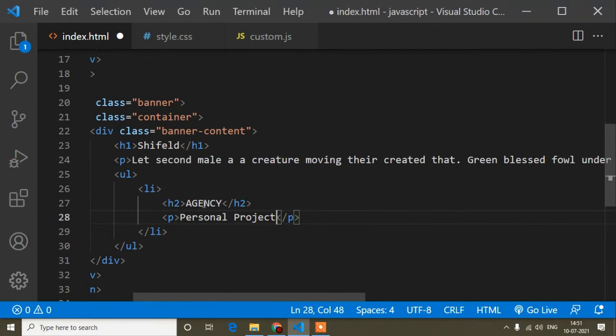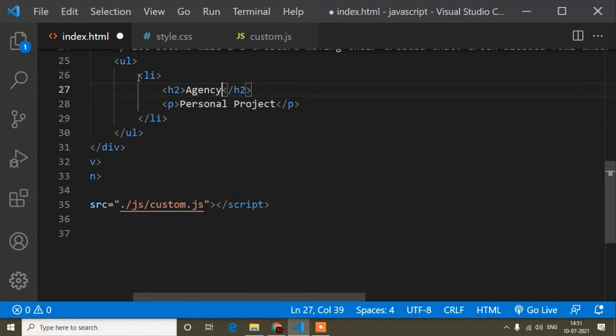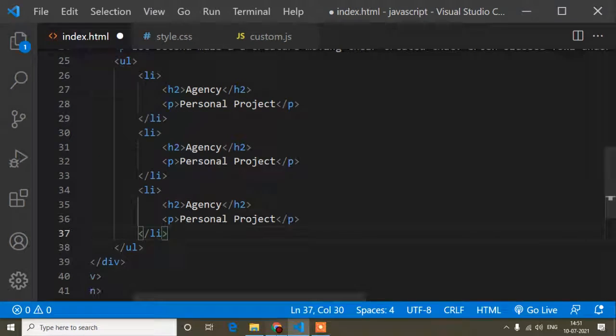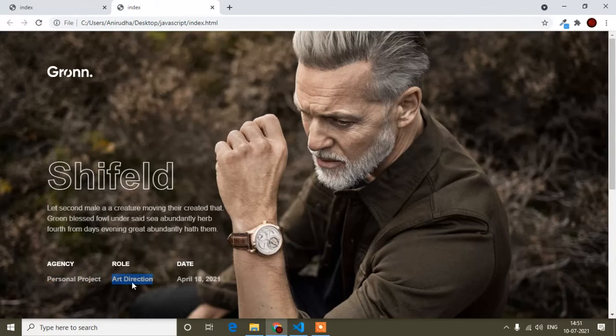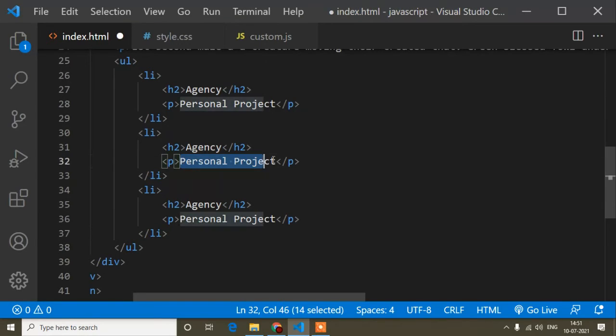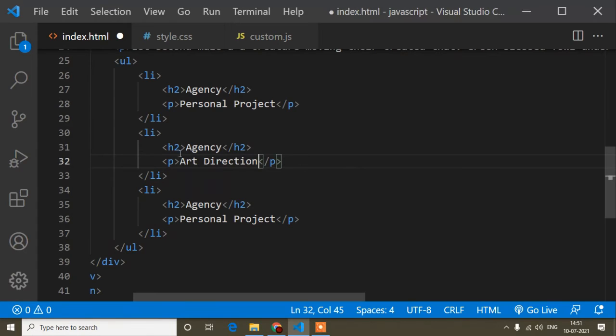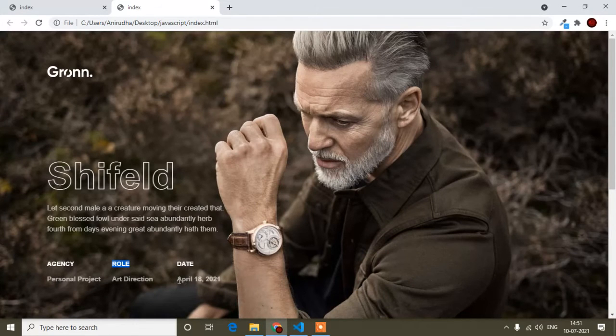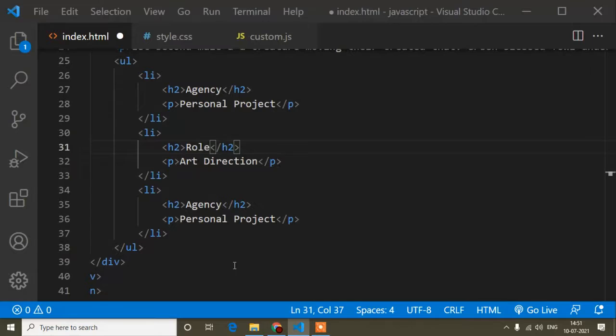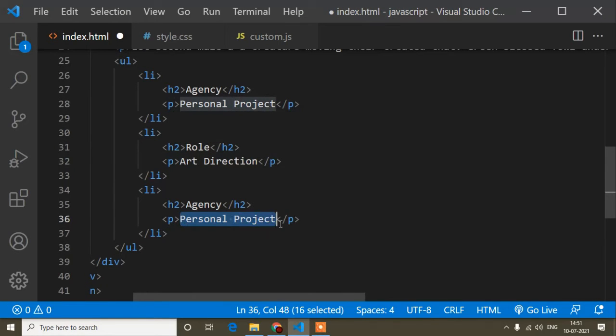Okay, so this agency I will write in capitalized format, and now I will copy this li tag and paste it more than 2 times, and just change the content, that is art direction, in this p tag, and it will be role. Okay, so the heading will be role, and now date, and the date is this one. So I will paste this one, and here I will write date.